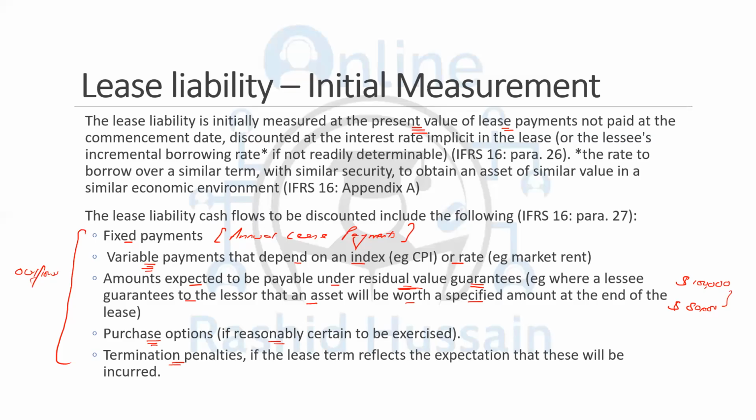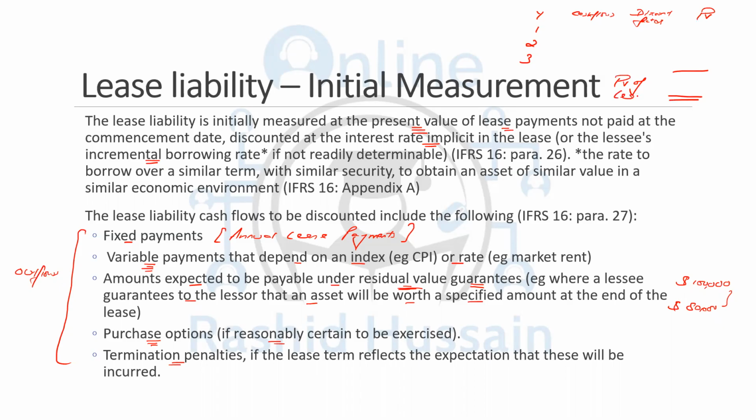So we'll be taking all the outflows. How are we going to take that? Just a simple format. You take the years, year 1, year 2, year 3, and it can be 4 or 5, anything. Then the cash flows, and then the discount factor. Now the discount factor is calculated through the discount rate, and this discount rate will be given in the exam. It is either written as the implicit rate or incremental borrowing rate. Whatever it is, the rate will be mentioned within the exam. So then you will be able to calculate the present value,